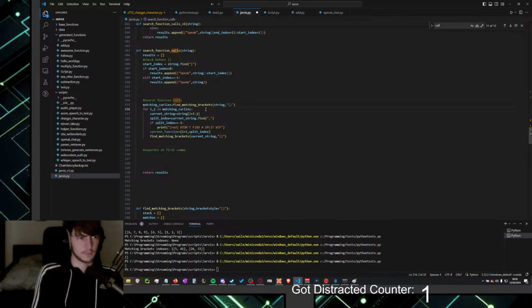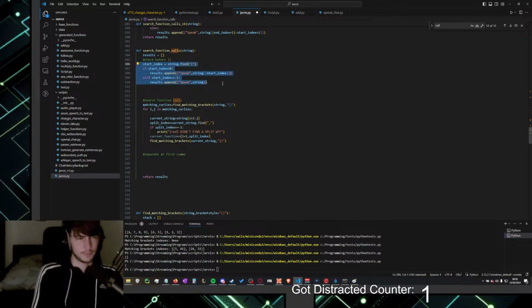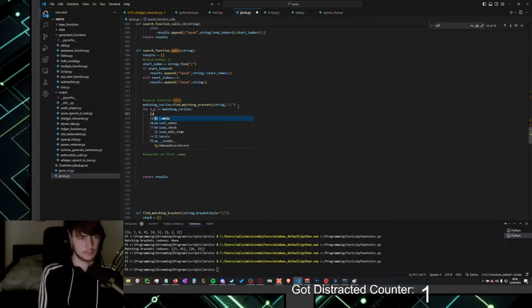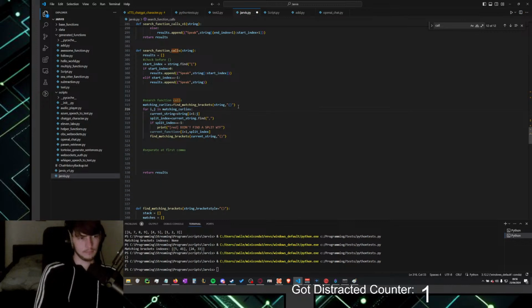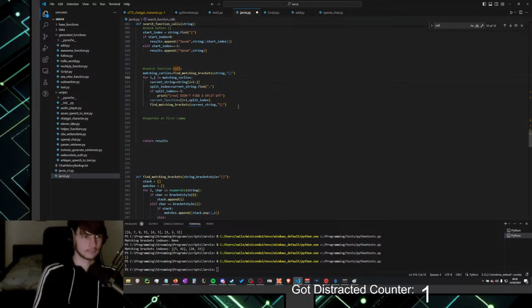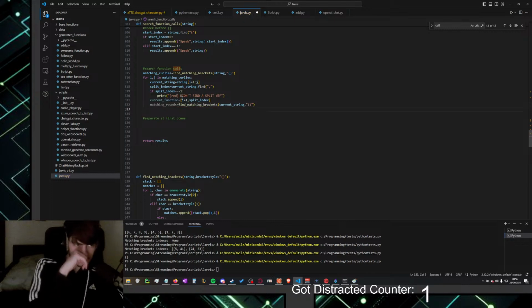I just thought of something. If there's text that's outside of brackets, then I need to, okay, I'll worry about it later. First of all, find matching brackets. Let's do it like this.